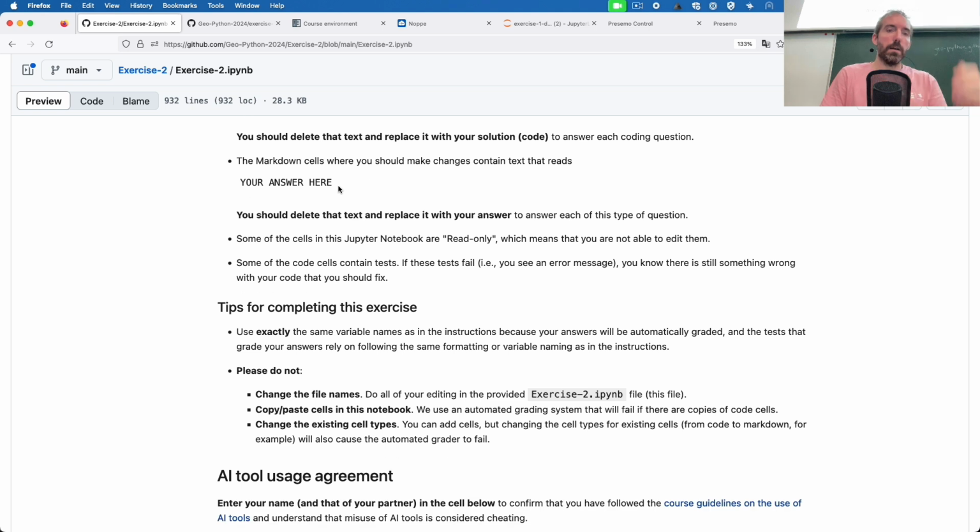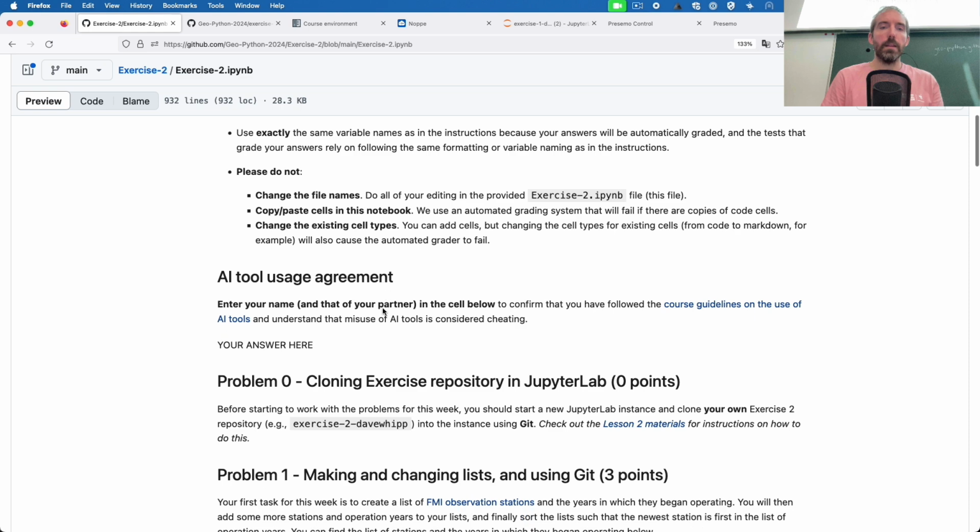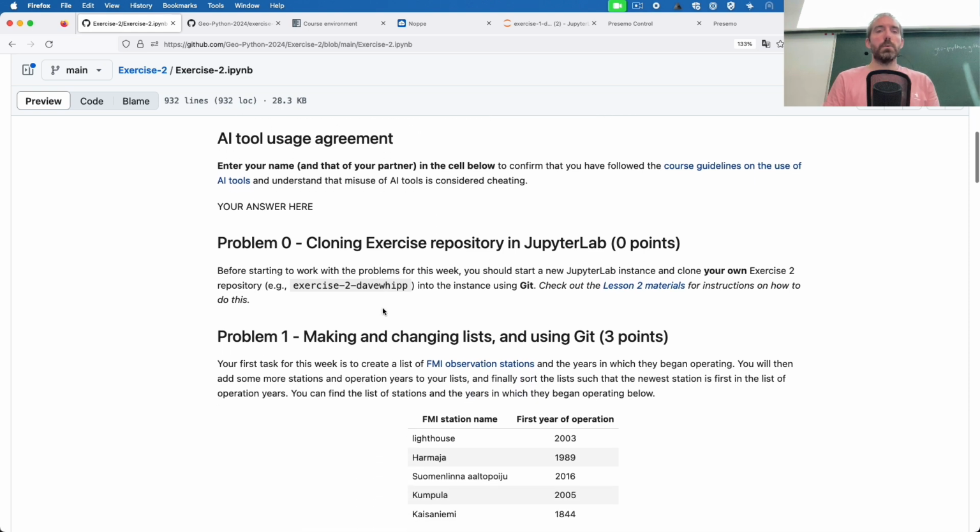There's markdown cells as well that would say something like "your answer here," and then you could just delete the text that's there and type in your answer. Again, you can see this at the top of the notebook if you get confused. There's also this AI tool usage agreement where we basically just say that you acknowledge that you and your partner have followed